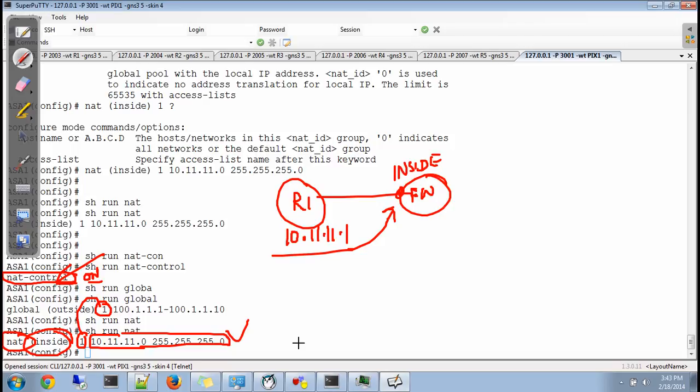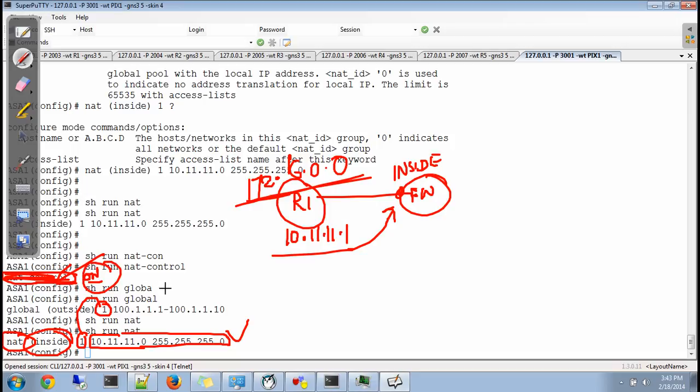Without it on. If the NAT control is off and you still have this rule, then still the rule will be used. And what is the use of on and off? The use is this: suppose you have network 10 here and suppose you have network 172.16.0.0 also. That network will not be able to go because NAT control is on.